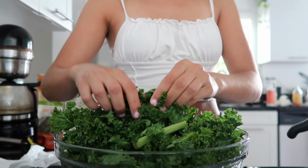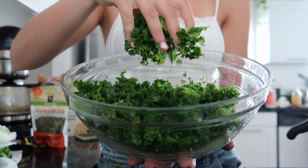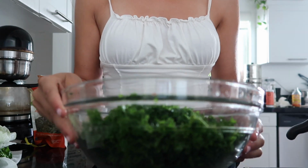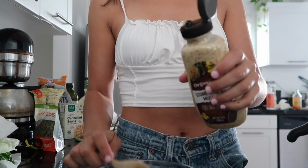It's kind of weird, but it helps so much. Look how much smaller and softer the kale gets after doing it. So definitely worth it. Then after that, you're gonna add 2 teaspoons of ground mustard to a bowl to start